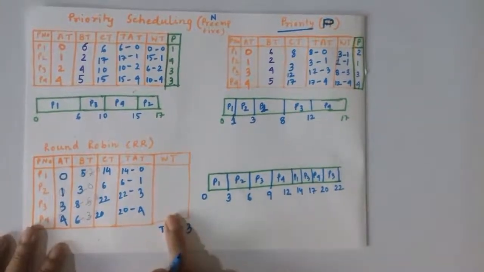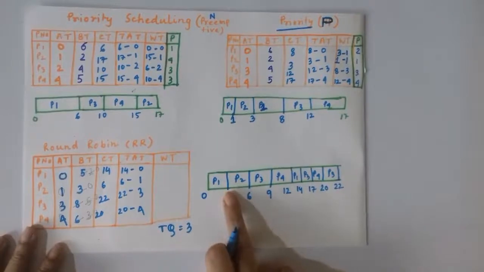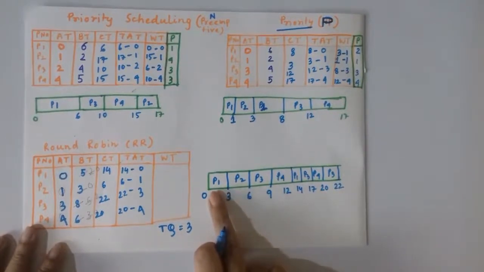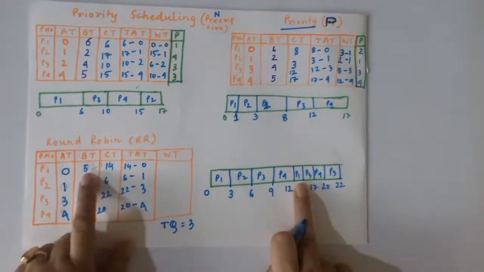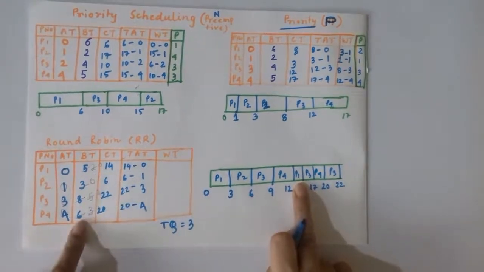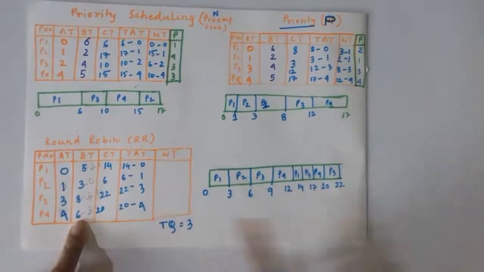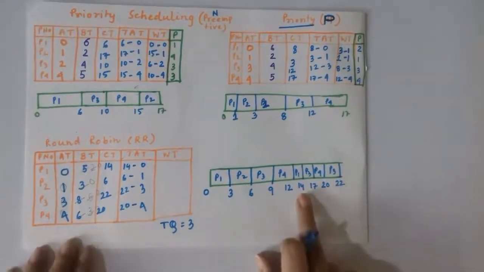Now waiting time. Waiting time is what? How long it has waited. For P1, how many times has it executed? Here once and here once. Cross check from here. First time it was there, second time it is done. So 2 times of execution. We have cut 2 times, which means 2 times execution. Okay. Now you can see here.